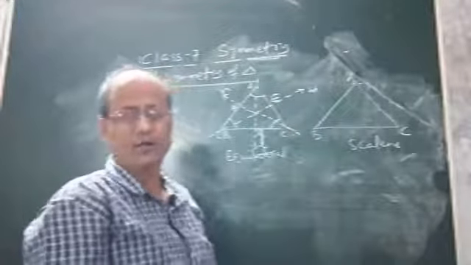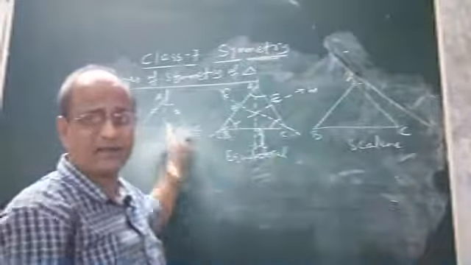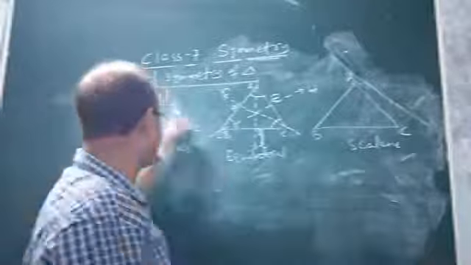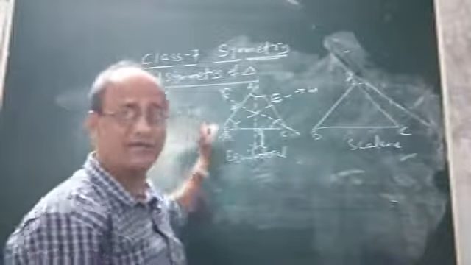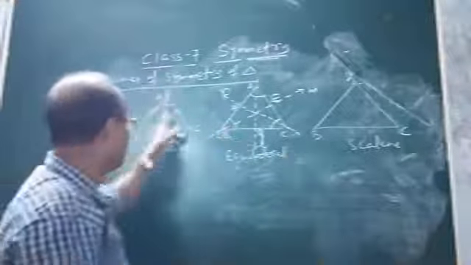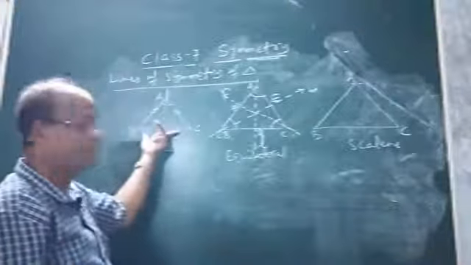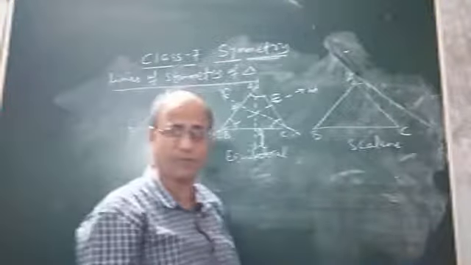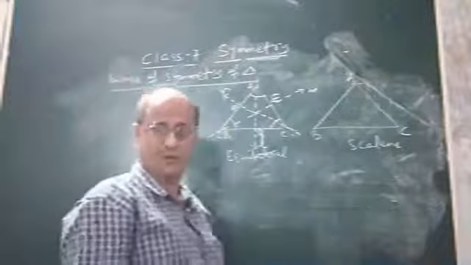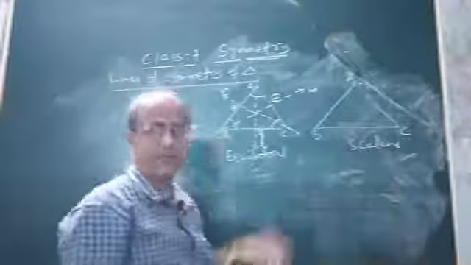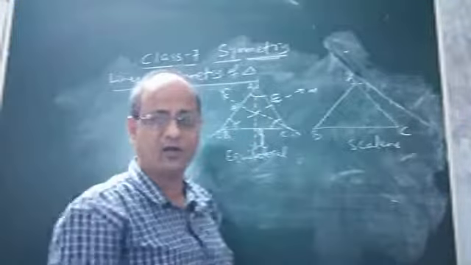So from this discussion we came to know that an isosceles triangle has one line of symmetry, which is nothing but the angle bisector, I mean the bisector of the vertical angle, or median, altitude, whatever you say. Even you can say it is the bisector of BC. I mean the line of symmetry is the bisector of the base also. It will bisect the base in the case of an isosceles triangle. You already know it in congruency.